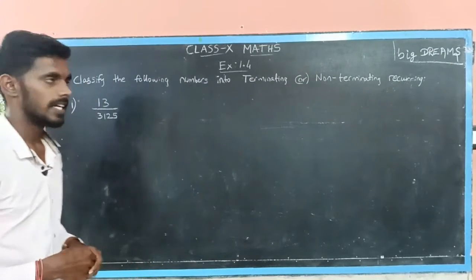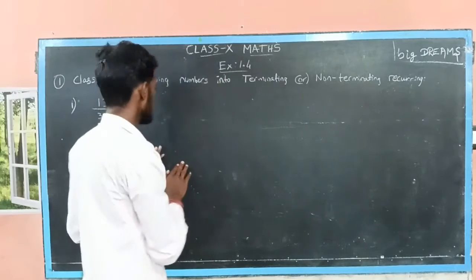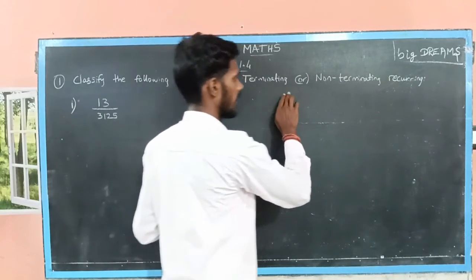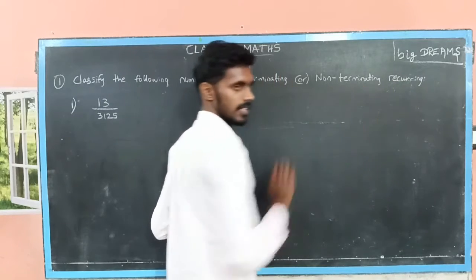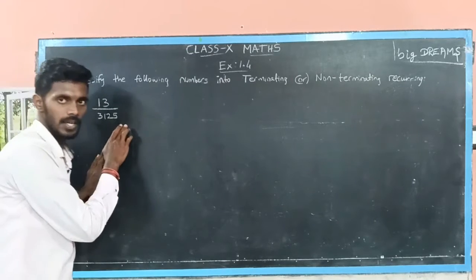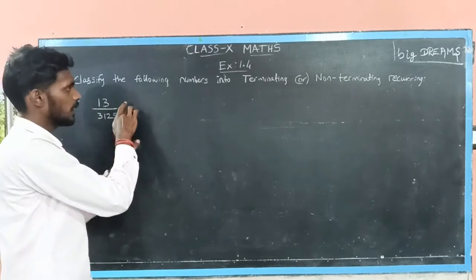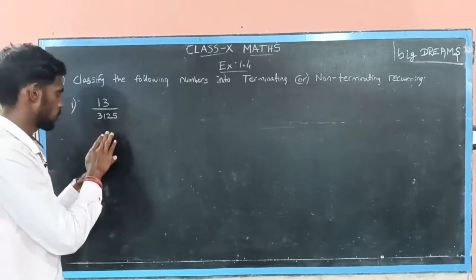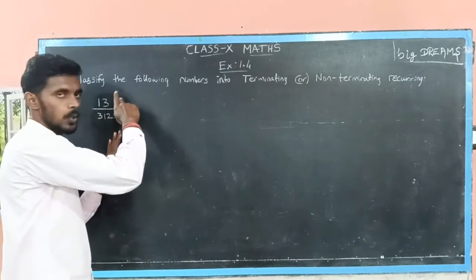Students, next let's move to exercise 1.4. The first question: classify the following numbers into either terminating or non-terminating recurring decimal. The first subdivision, 13 by 3125. To classify it, the first step is to check whether both the numerator and